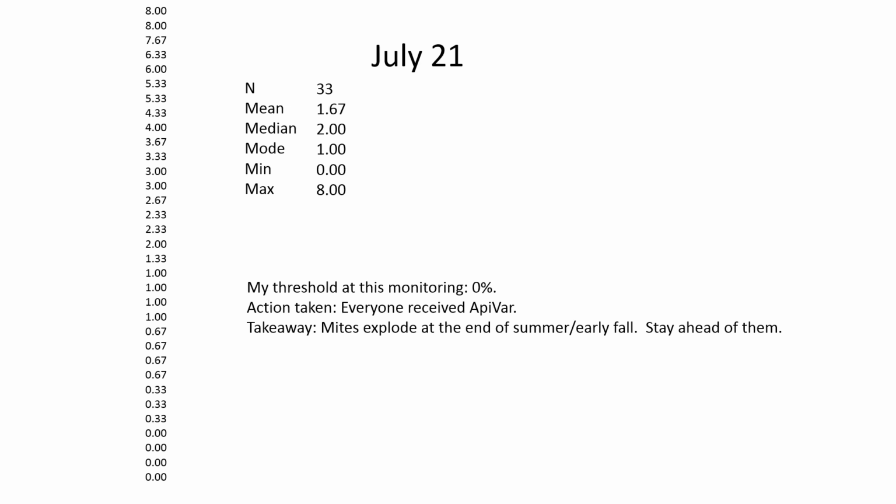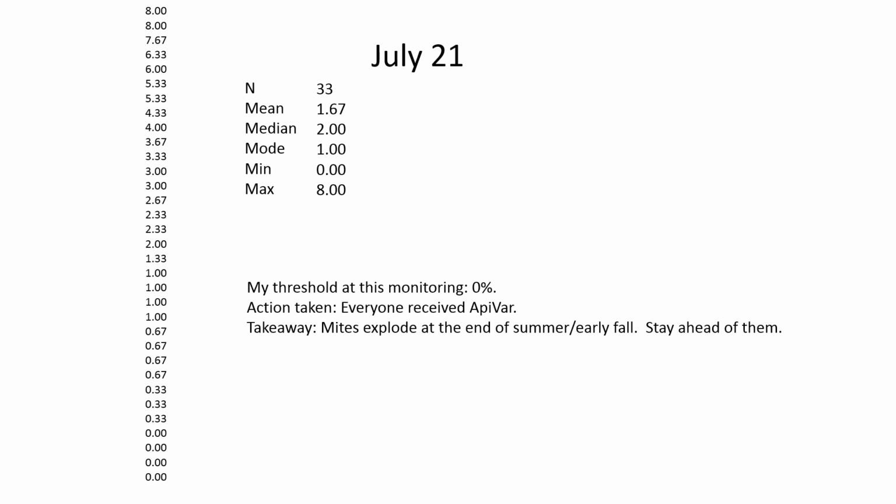So look at these at the top here. Mite numbers are really climbing there in late July. My threshold is 3%, and probably 1/3 of the colonies or better are above my threshold. But my threshold for this monitoring is 0%. Everybody